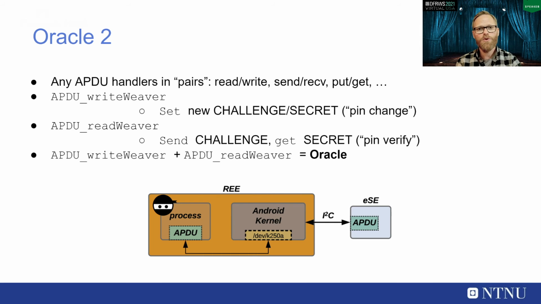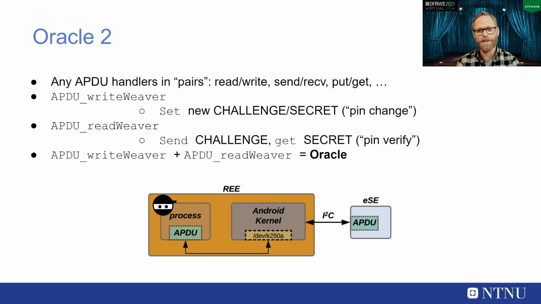So can we abuse these to get an oracle? And we could, because we can manipulate the challenge and secret sizes to be able to get hold of more information leaking back than we were actually supposed to. We can use the write Weaver to set false sizes for the challenge and secret, and we could then read back more data from the device than we were supposed to using the APDU read Weaver. So these two combined